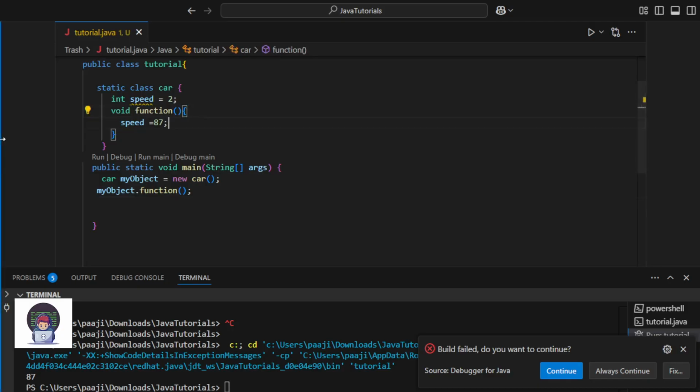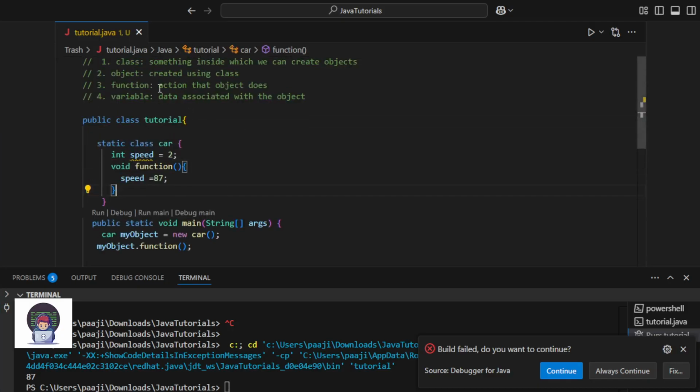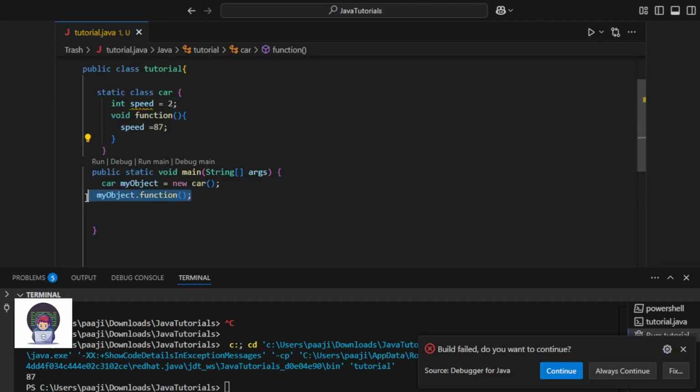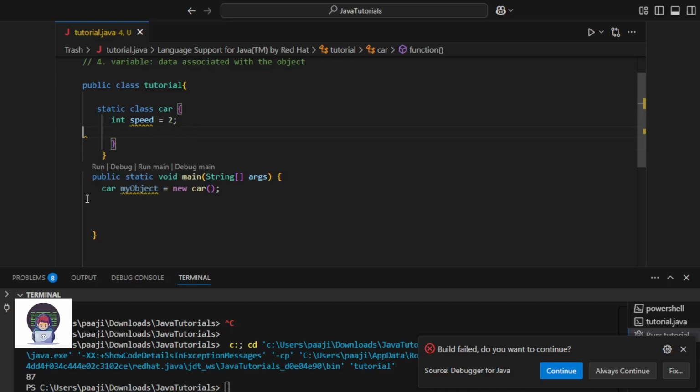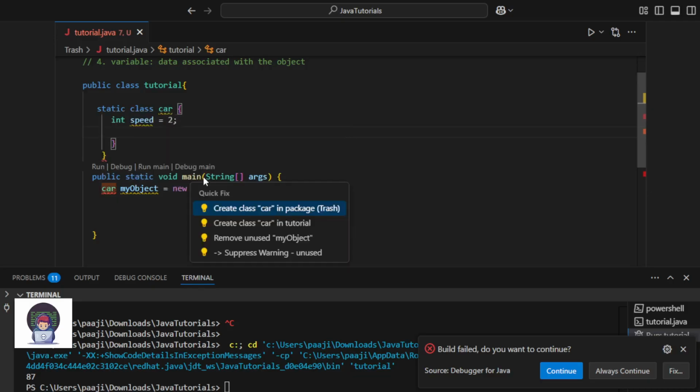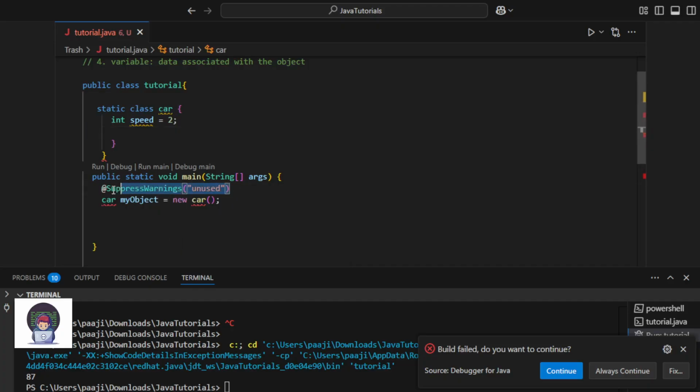Now what else can I do? We can also create multiple objects. I have a static class car. Why is this causing an error? Oh wait, sorry. So as I was saying, we can also create multiple objects.